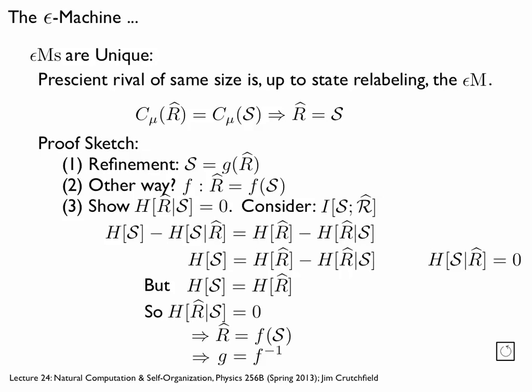So what we're going to do is look at the mutual information between the causal states, which we're thinking of as a random variable, hopping around between them, and the rival effective states. We're going to expand this in two different ways and compare. The first way, if you remember the definition of mutual information, is the uncertainty in the first variable minus the uncertainty in the first variable given the second variable. So the uncertainty in the causal states is C mu of the Epsilon-Machine, minus the uncertainty if we knew what the Prescient rival cells were.